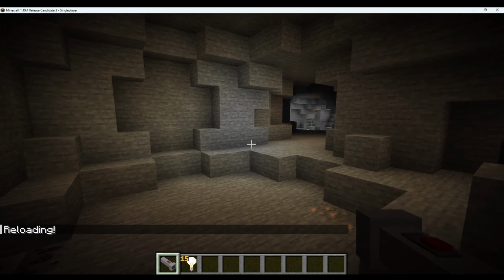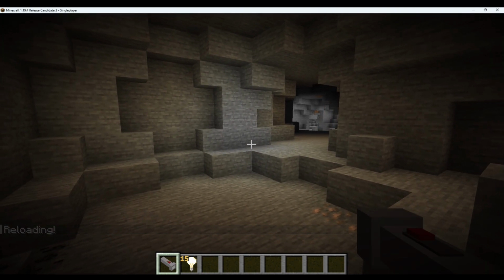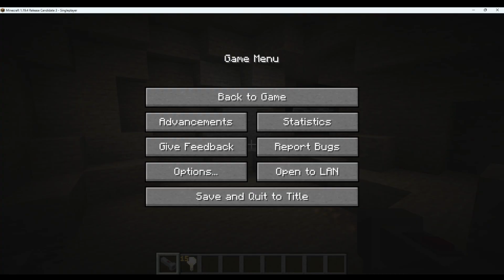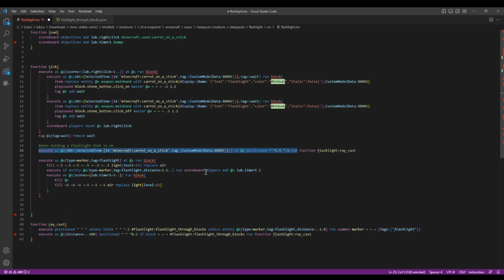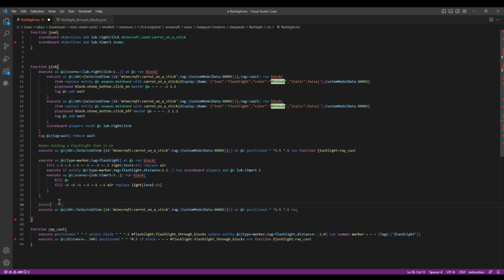Oh, that's another thing I need to do. If I take the flashlight out of my hand or turn it off, it needs to get rid of it. So that can be simply done by... So I'm just going to copy this line up to here. Now I'm going to paste it down below, and this is going to detect when not holding an on flashlight. So execute as at all, MBT, and if I do the exclamation point, it means it does not equal what's in this MBT data. So if I am not holding the carrot on a stick with the custom model 80,002,